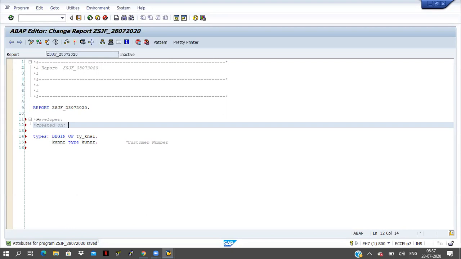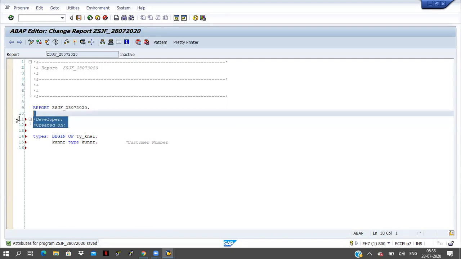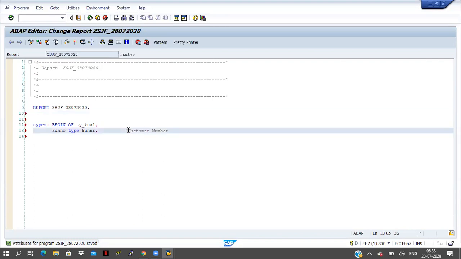Star means the total line will be a comment, but I don't want to keep the whole line as a comment. I want to keep half of the line as a comment. See here I have given the double quotation, and from here onwards the color is changing to gray. So this is commented, from here onwards the line is a comment.